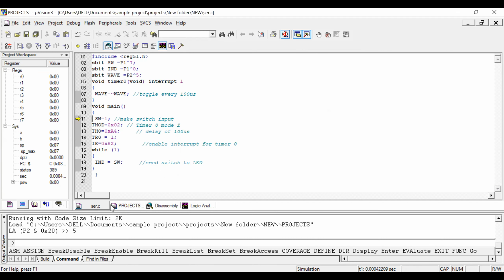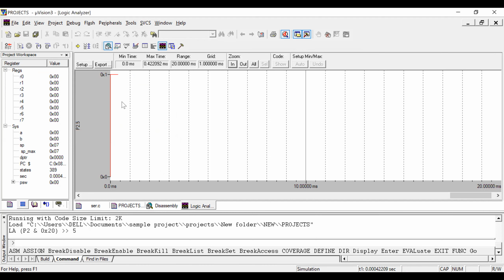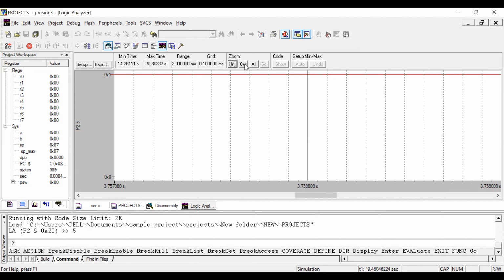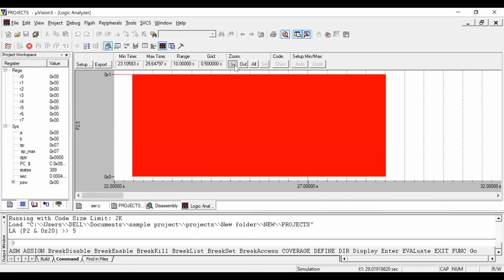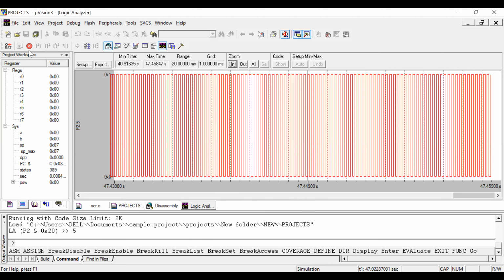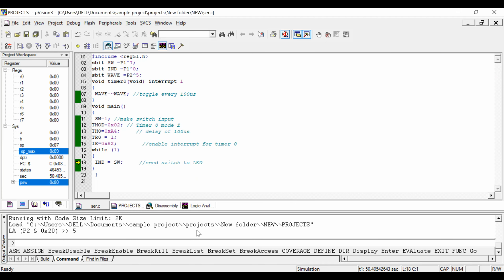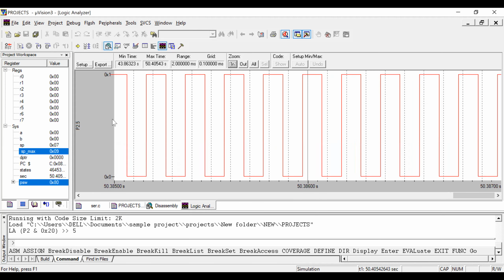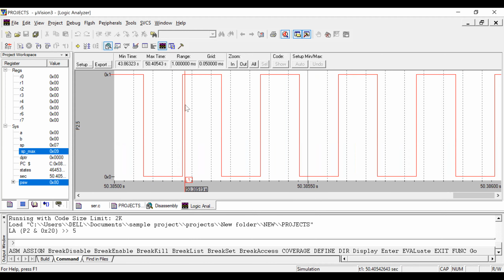P2.5. See here, I will stop this. Here the square wave is generated in port P2.5.